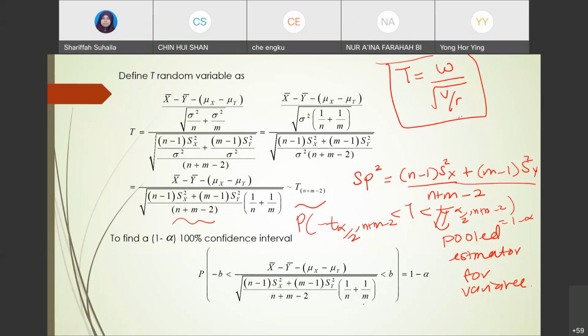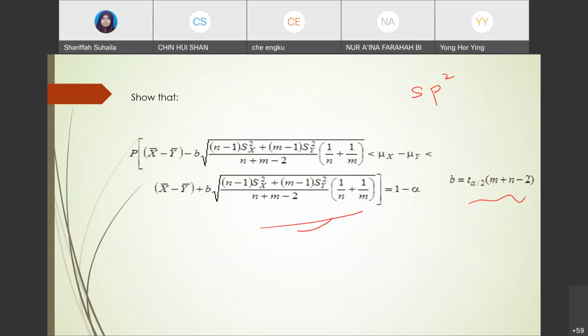And then you construct your confidence interval. You by writing probability between minus T alpha over 2 less than T alpha over 2, the probability given is 1 minus alpha. And then expand lah. Expand and then you conclude what is your confidence interval. Okay, so ini